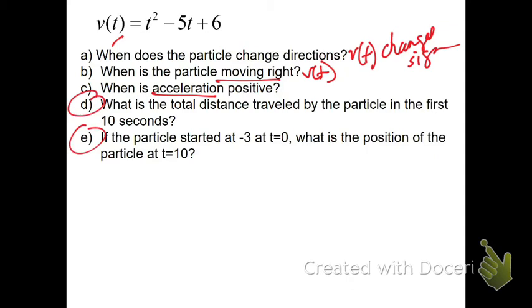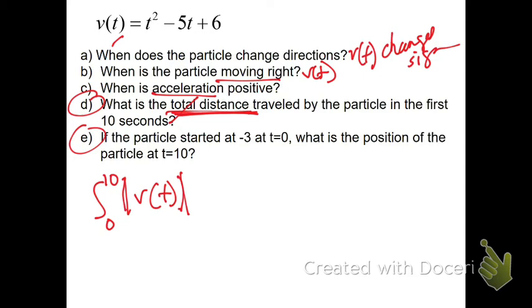Total distance traveled. This is most common, okay? Even if they don't say total, they just say distance traveled, you want to immediately write the integral from 0 to 10 of the absolute value of velocity. Then hope and pray it's a calculator question, which it often is. If it's a calculator question, just make sure you know how to find the absolute values and put it straight